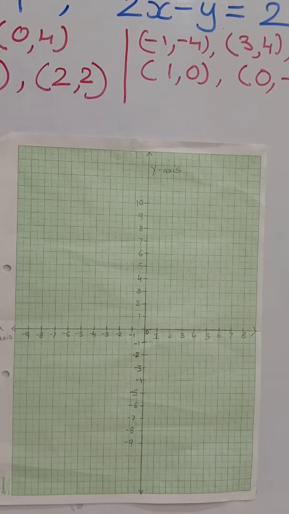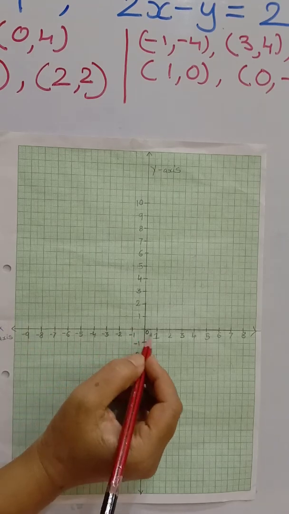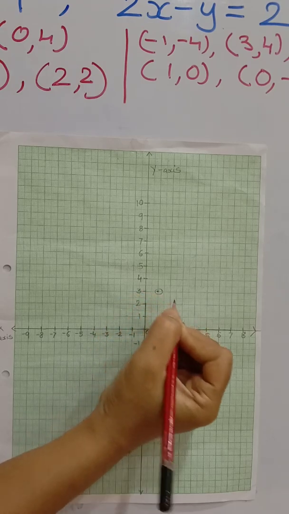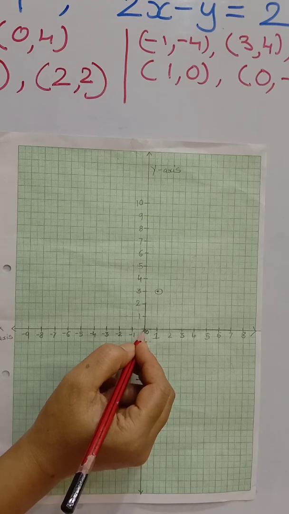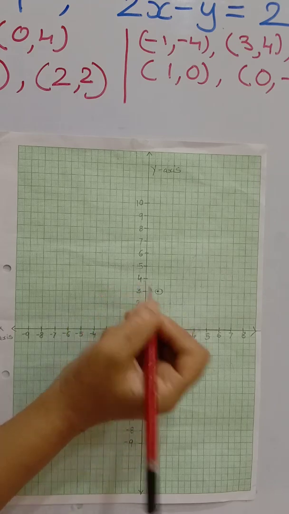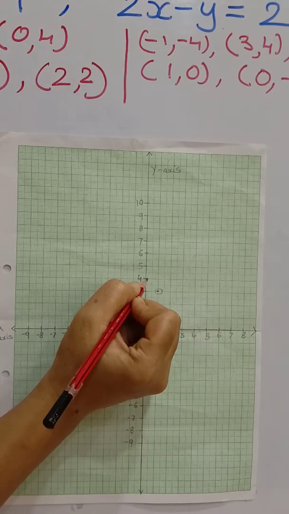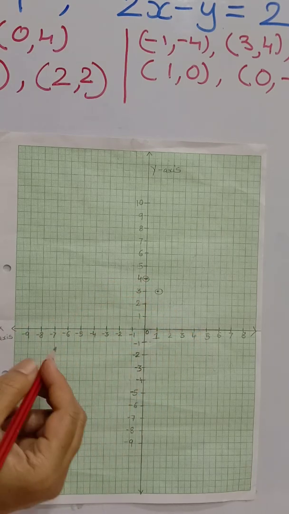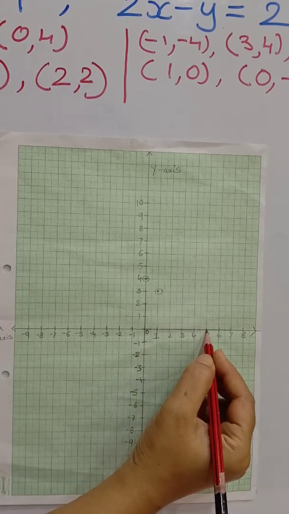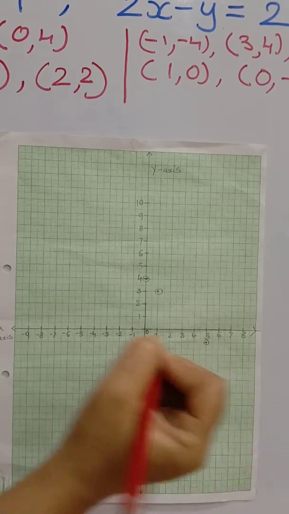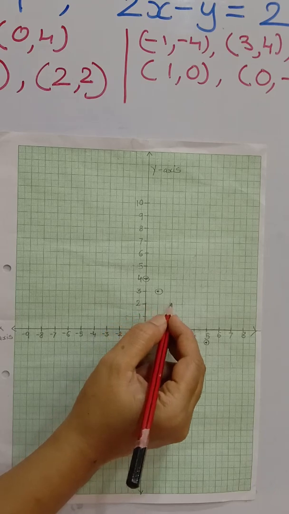accordingly. So first is 1, 3. For equation x plus y equal to 4, first ordered pair is 1, 3. That means x-axis 1 and y coordinate 3. So first point will be over here. Second is 0, 4. So 0 and y coordinate will be 4. So 0, 4 is this. Then we have 5, minus 1. X-axis 5 and here minus 1. Minus 1 will go over here. Next we have 2, 2. So here 2 and here also 2.